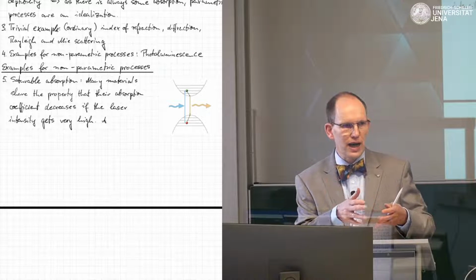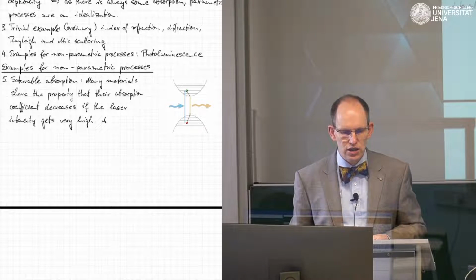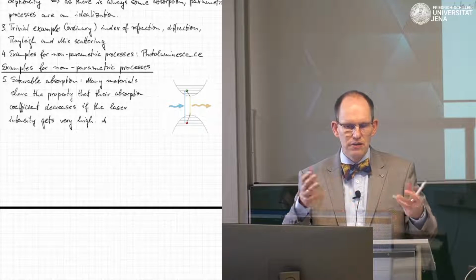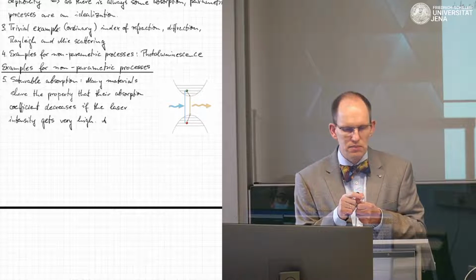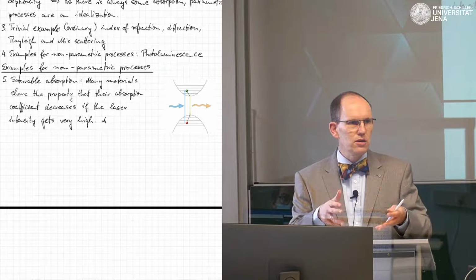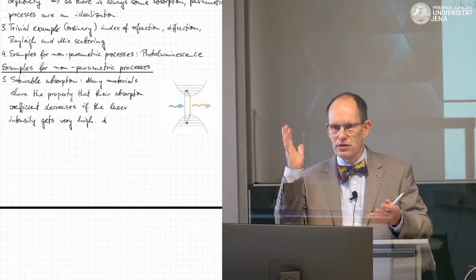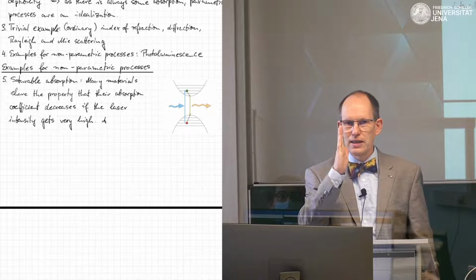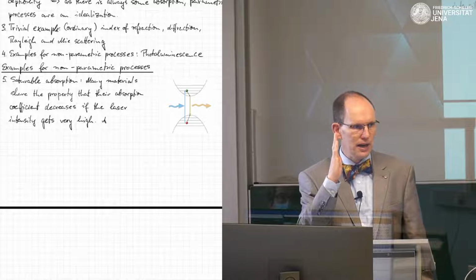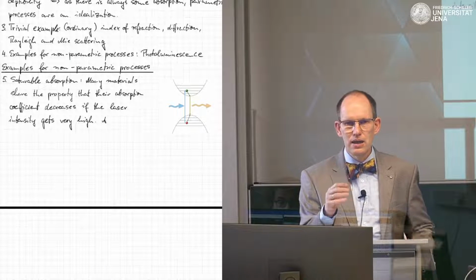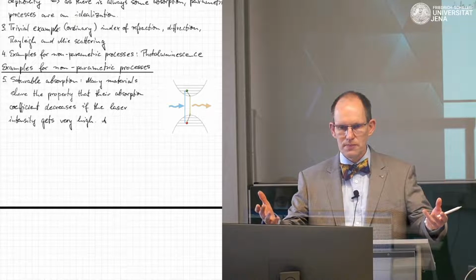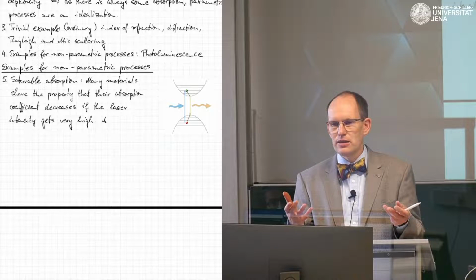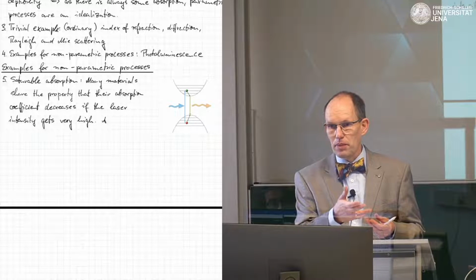So if you look for the line shape of, say, a transition in a gas, and say you have sodium gas, and you look for the sodium D line, the famous sodium D line, this orange line, and you look with a high resolution spectrometer, then you will find there is actually not an infinitely sharp line as you would expect, right? But that this line is broadened, and the broadening of this line is typically due to the Doppler shift.